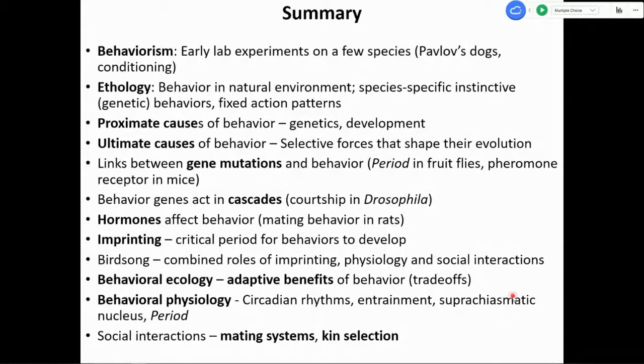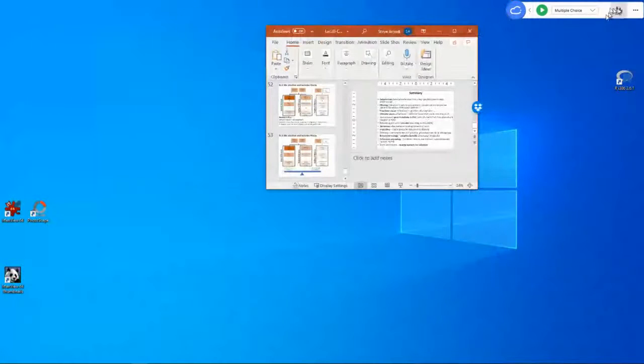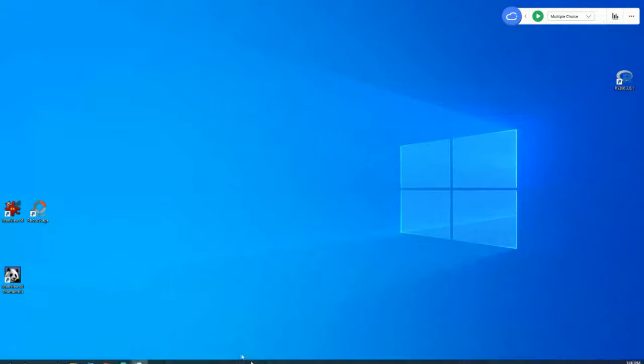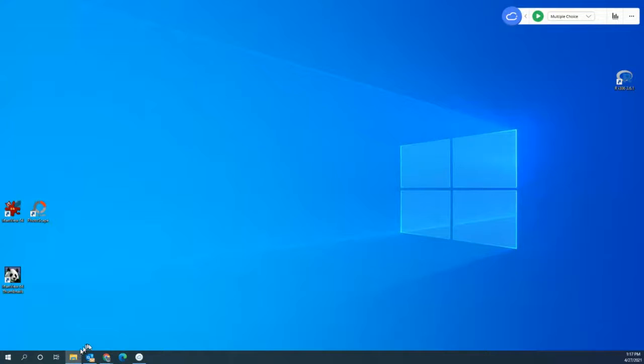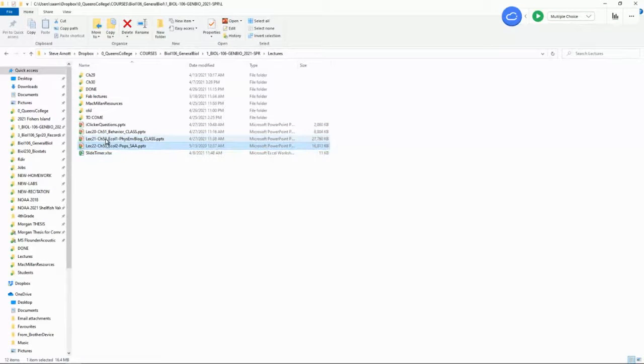Okay, and we'll move quickly on. That's a summary slide, which I think is in the version I gave you. If not, I can update that, but I think that should be available to you. In the meantime, we'll move on. Yes, it is. Okay, good. Great. Close that one down. Find slide next. Okay.